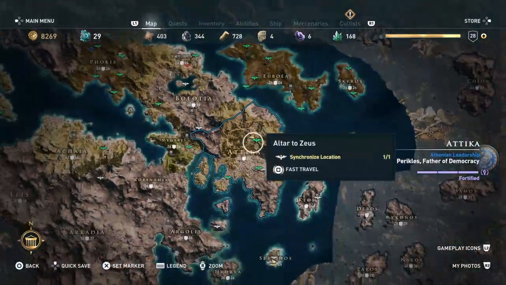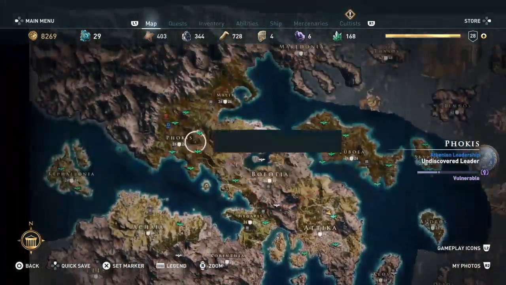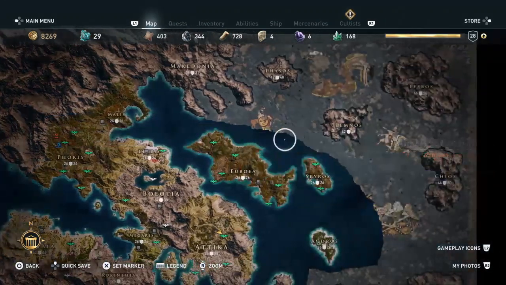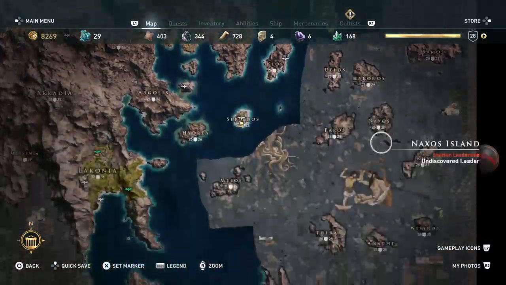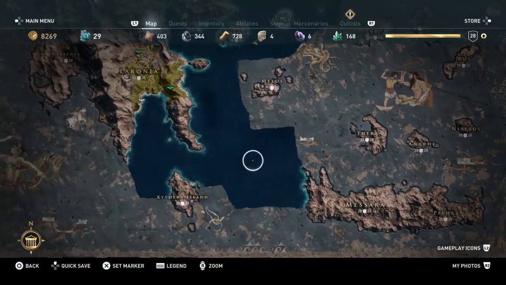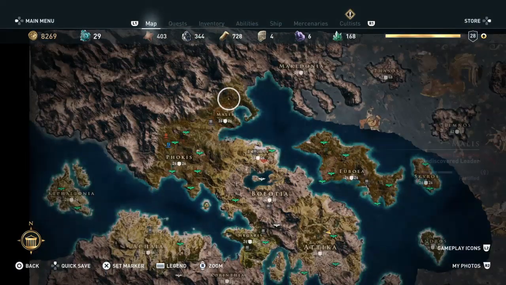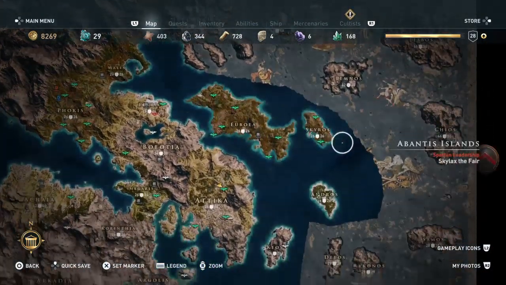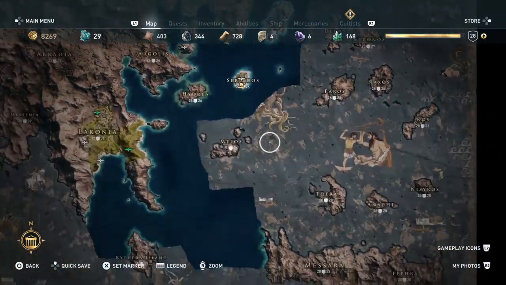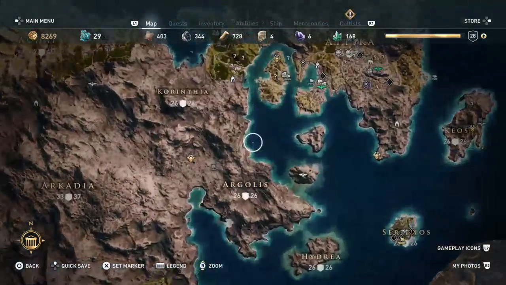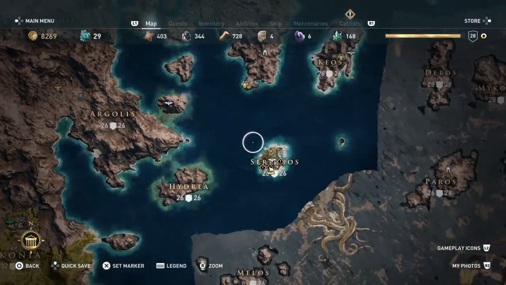Okay, so here's the map of the game. It's fucking huge. So we just sailed in the video.